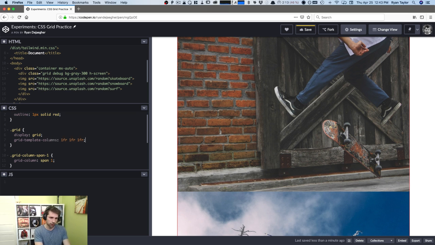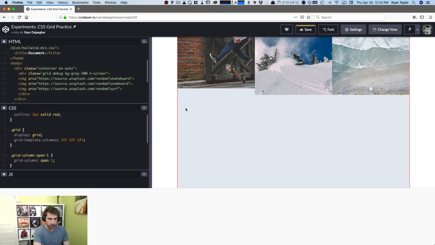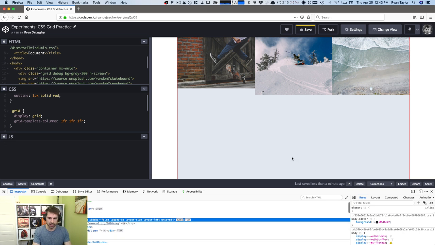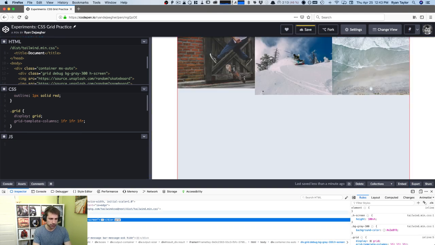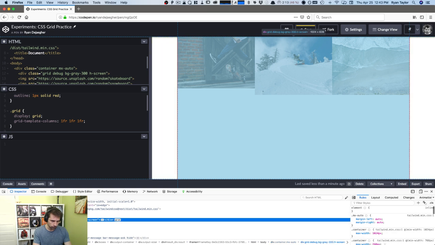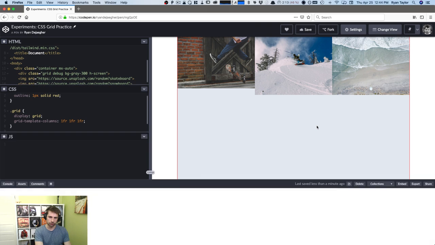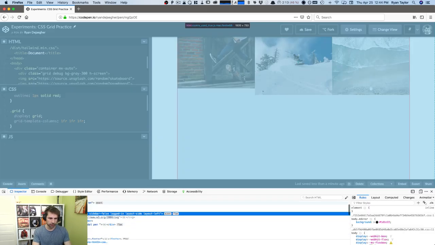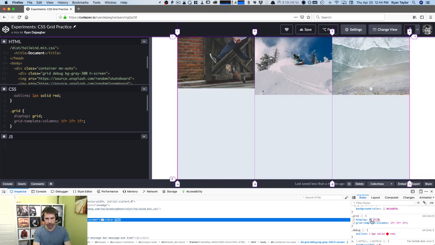So we can just do 1FR, 1FR, 1FR, and this is going to give us our 3-column layout, as you can see here. And I'm using Firefox as well, because Firefox has a really great grid inspector in their DevTools. So if I go to my grid container and hover down to the class, there's this little icon here, which you can click where it says display grid, and this is going to toggle the visibility of the grid, which is really, really helpful, because again, it can be a little tricky to